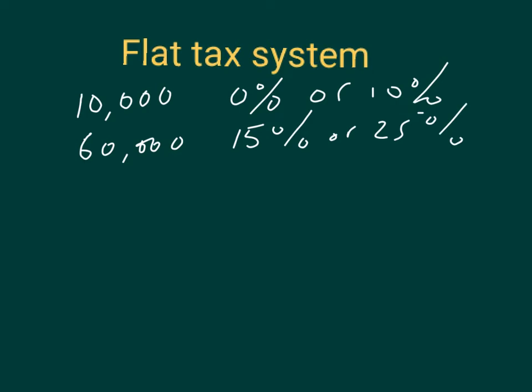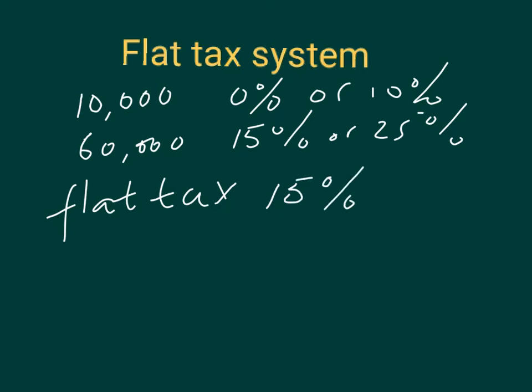Now, in the flat tax system, let's use the example of paying 15% for everyone. You notice that the lower incomes in a progressive tax system pay a lower rate than what we would have under a flat tax system. So to avoid the lower income people paying a higher rate in the flat tax system, a lot of times when the flat tax system has been proposed, politicians and economists have suggested to exempt, for example, the first $30,000